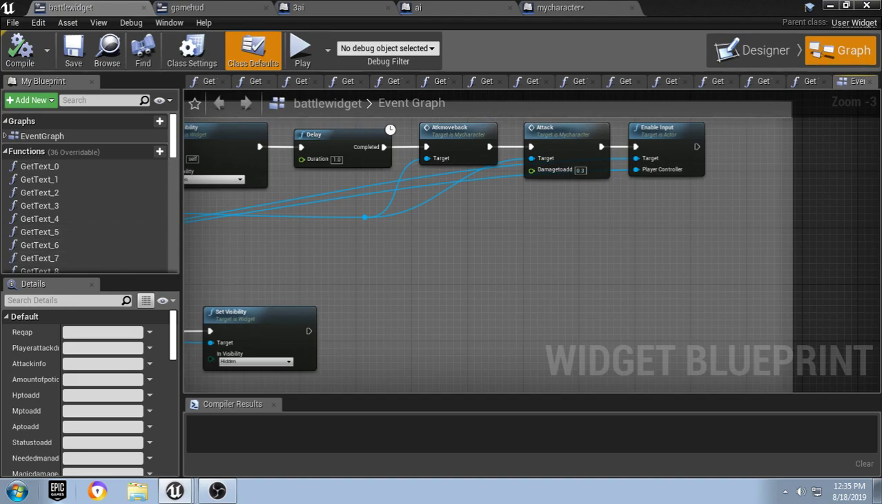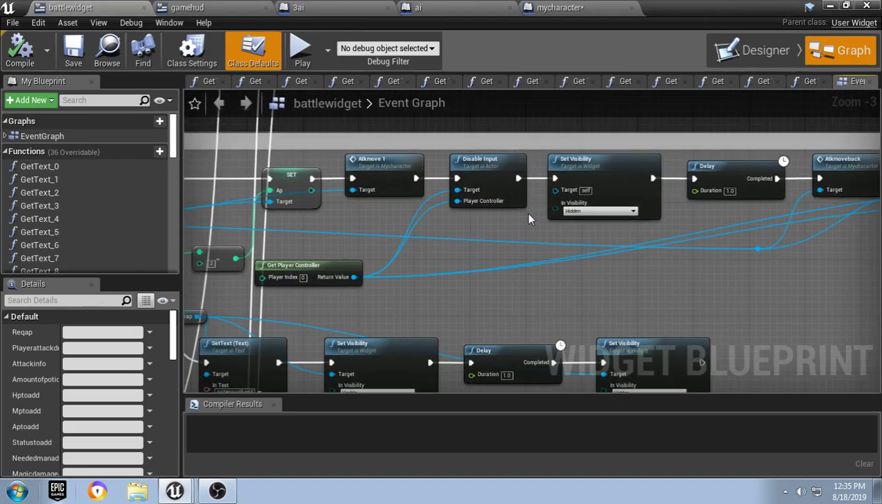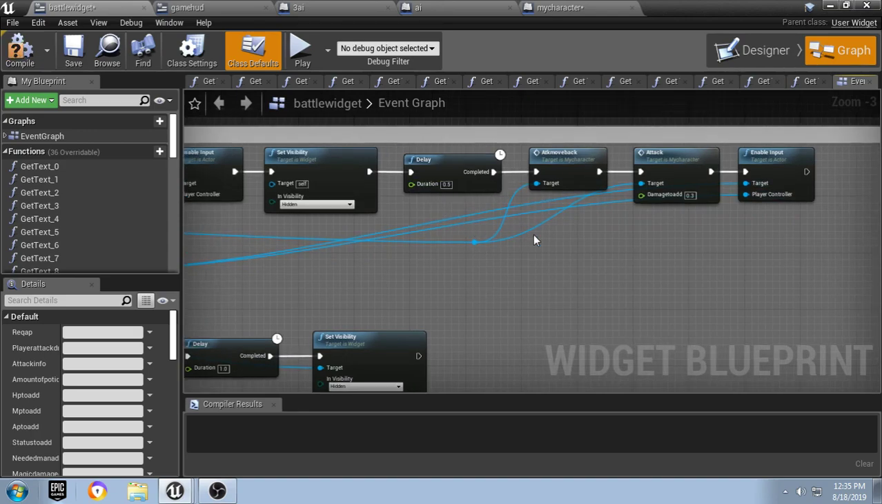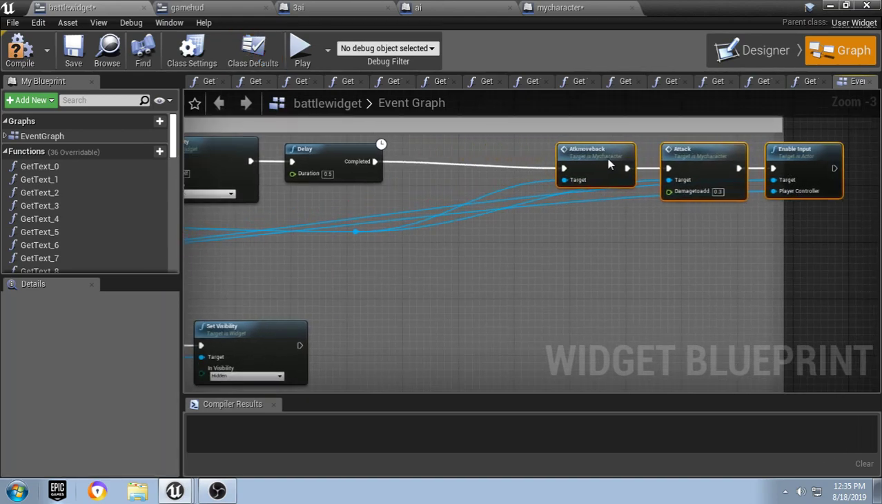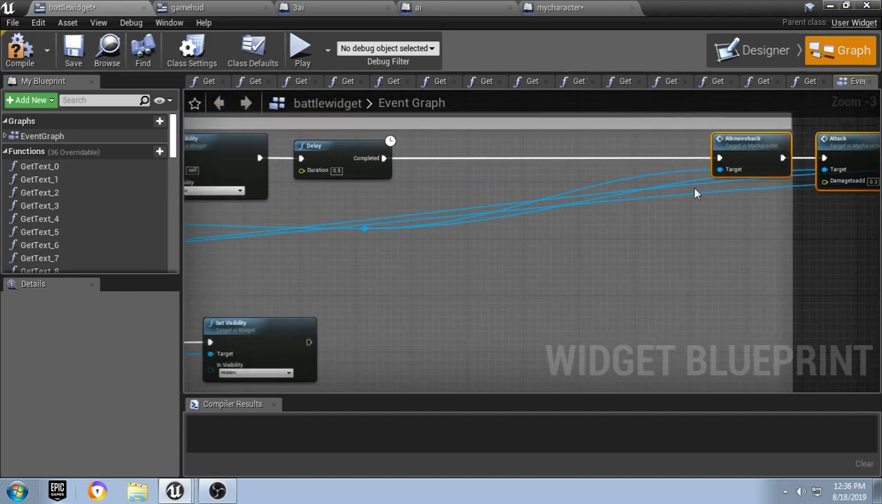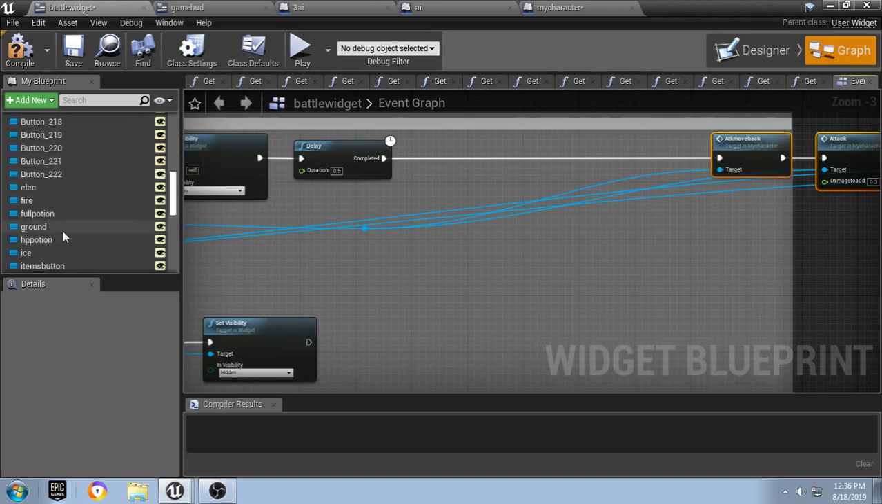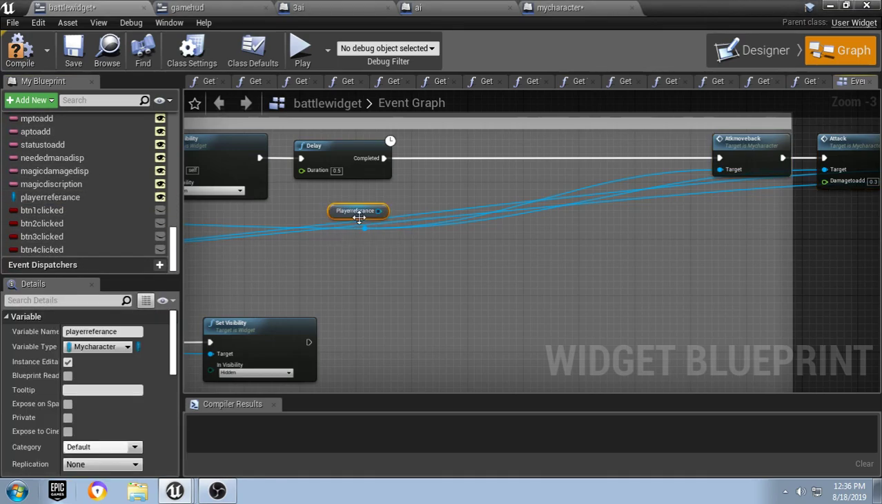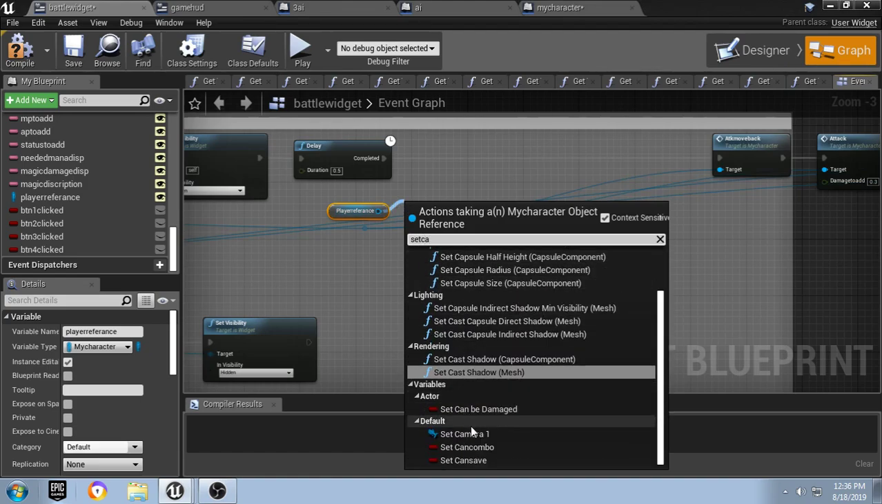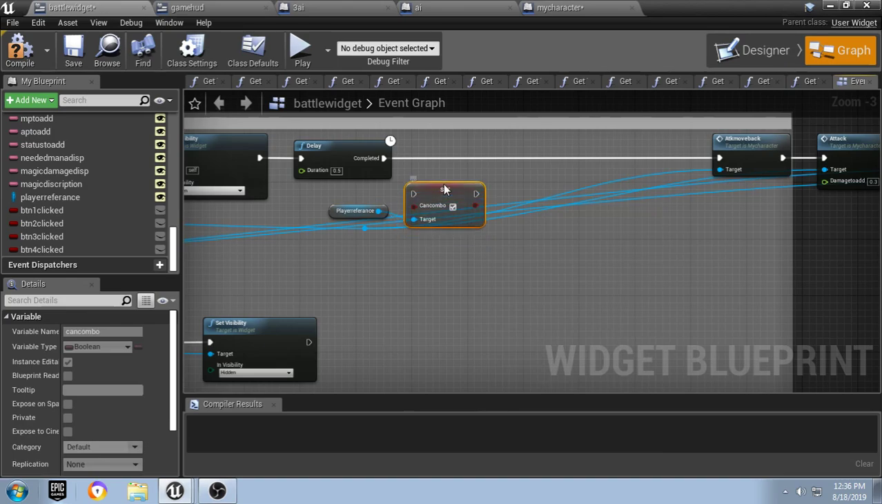So right after we've set our visibility here, we're going to change this delay to 0.5. We're going to make some space, quite a bit of space, and then we're going to get another reference to our player just for neatness. Just gotta find that. So player reference, and we're gonna set can combo to true,